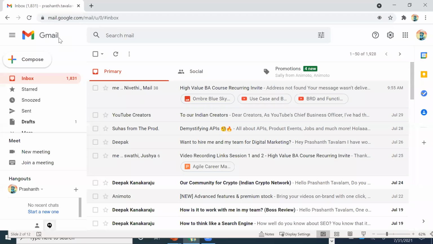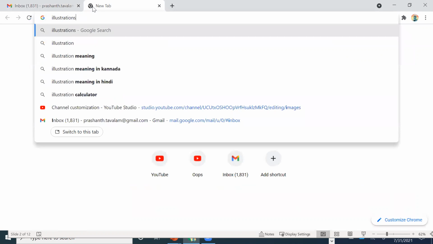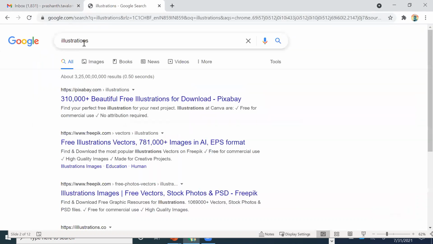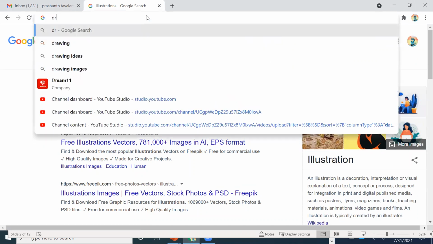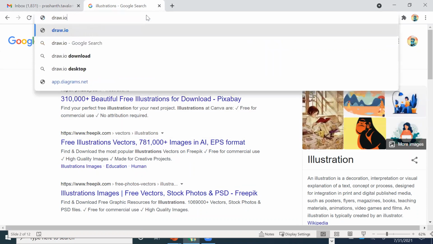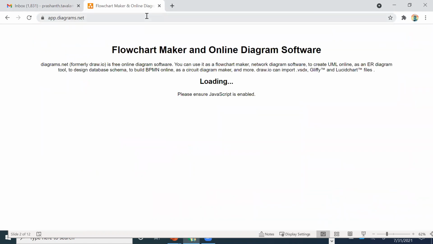Okay, there's something called illustrations. You can use a lot of them. One such illustration site is draw.io. I think it was draw.io.